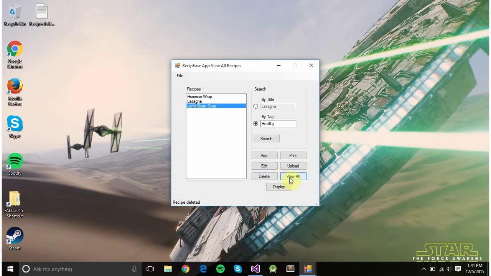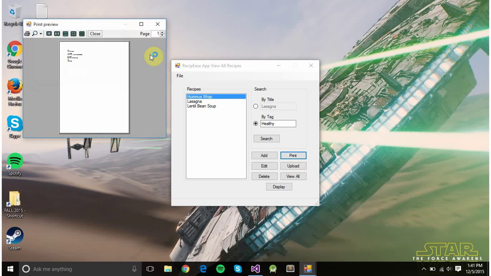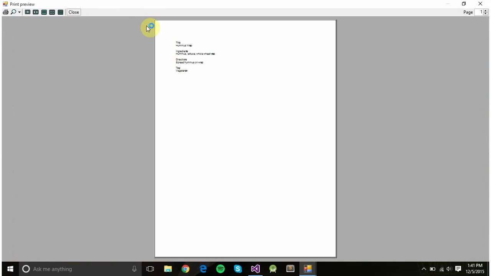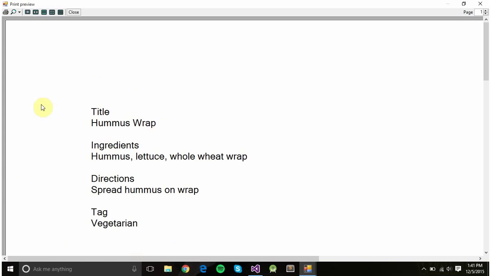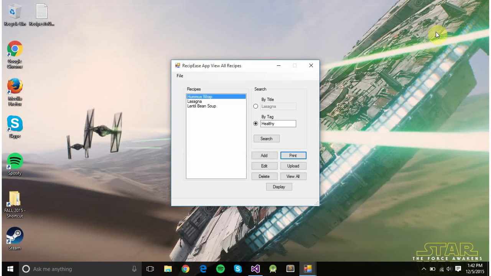So what do we have left? We have print and upload. For print, for example, you want to print hummus wrap. Click print, and it will give you a print preview. And if you zoom in enough, you will see right here the hummus wrap content that you can print out. Of course, I won't be able to show you the actual printed page or the printed result, but if you click this button, it will print this content right here. So if you close this,